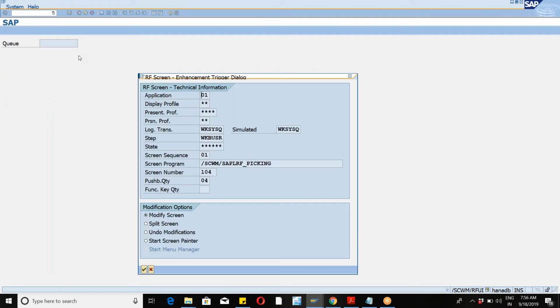Now let's come here. Display profile, presentation profile, and personalization profile. So what is this display profile, presentation profile, and personalization profile that comes into the picture? Now, when I'm talking about a display profile, this display profile is nothing but a profile where we will be creating or having